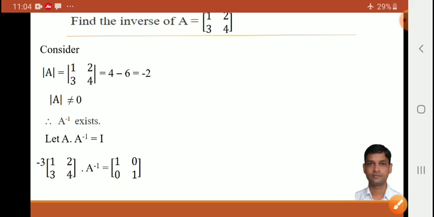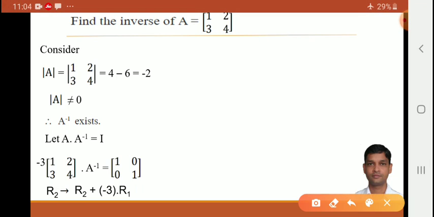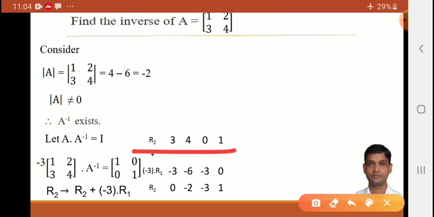So which row are we going to change? The second row. This row we are going to change, that is R2. So how will we write that transformation? R2 changes to R2 plus -3 into R1. What do we do with those two? Addition. -3 into 1 is -3, and when we add, they will give 0. See how.